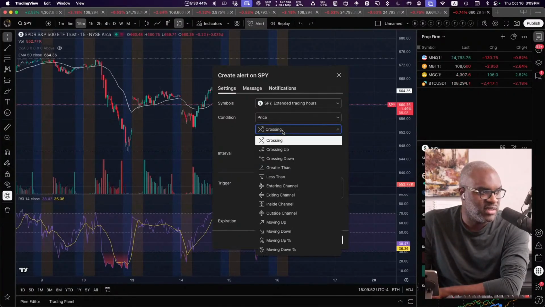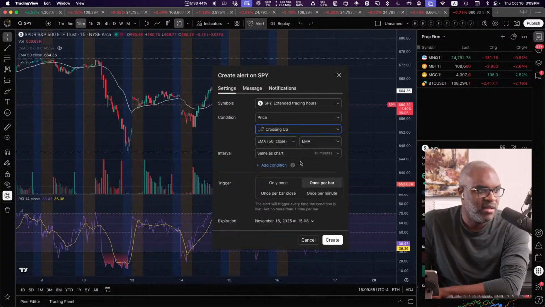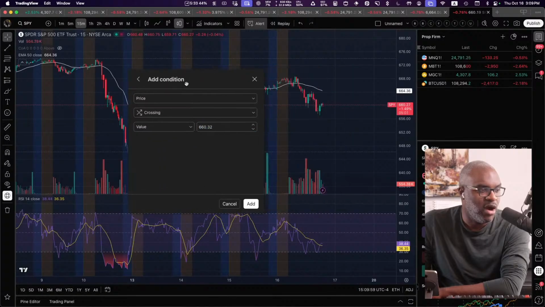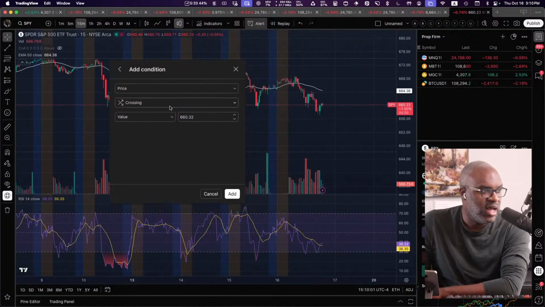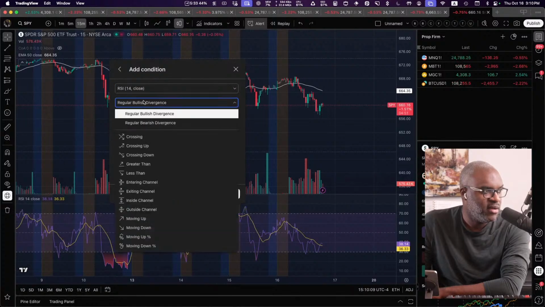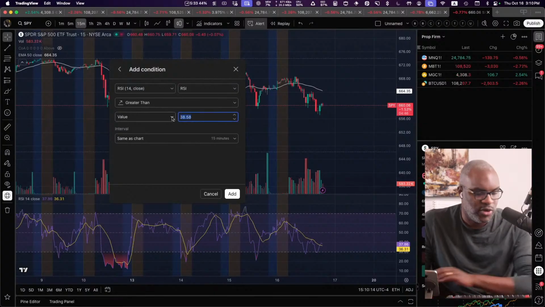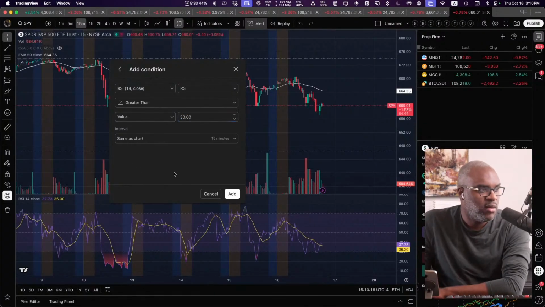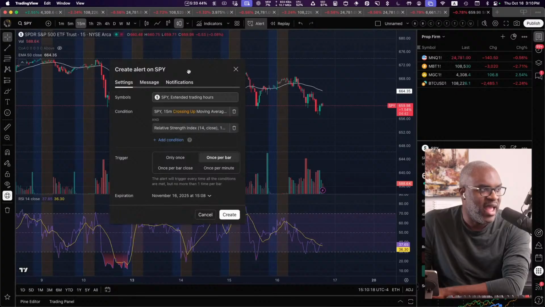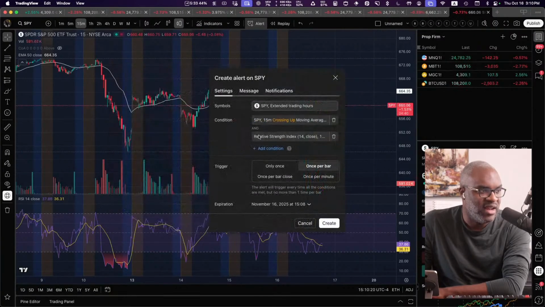So if it crosses up over the EMA, I'm going to go ahead and buy. And I want an additional condition that I want the RSI to be, let's say, above 30. So I want the RSI to be greater than 30. And set that here. I click on Add. I now have an additional condition set up here. I could create that,